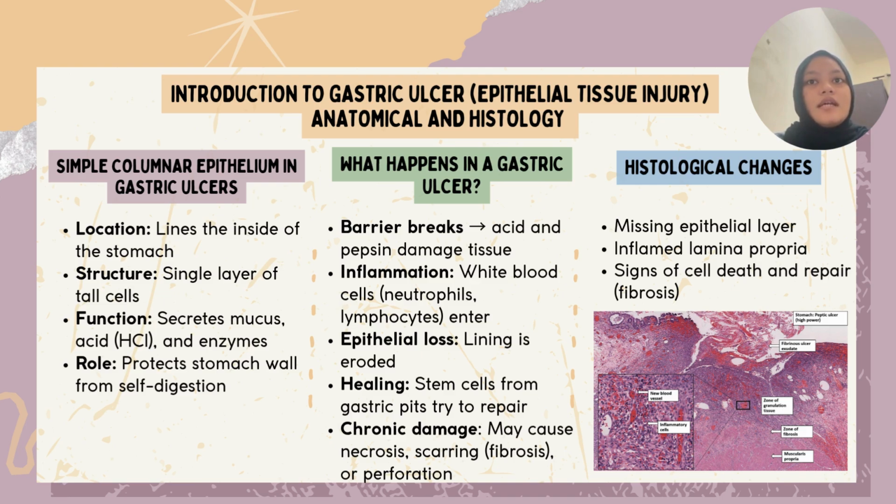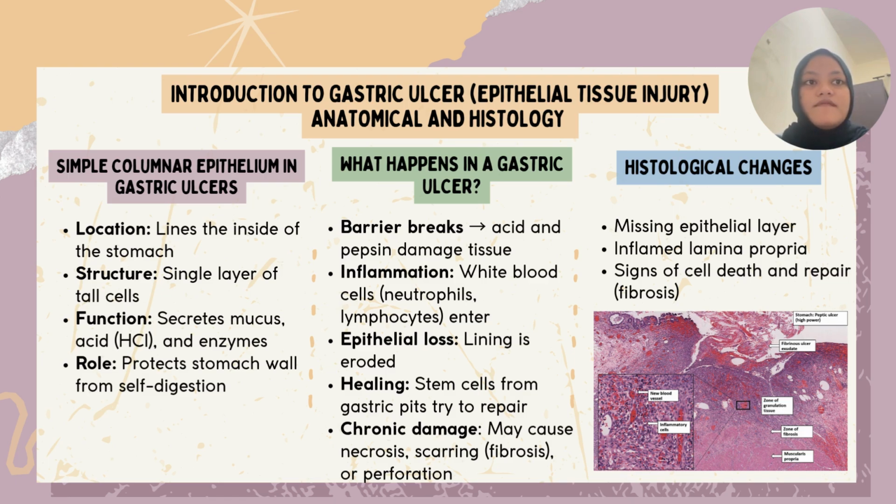In a gastric ulcer, this barrier breaks down, allowing acid and pepsin to damage the tissue. This causes inflammation, epithelial loss, and sometimes cell death. The body tries to repair using stem cells from gastric pits, but in chronic cases, it may lead to scarring or even perforation. Under the microscope, we see a loss of epithelial layers, and inflamed lamina